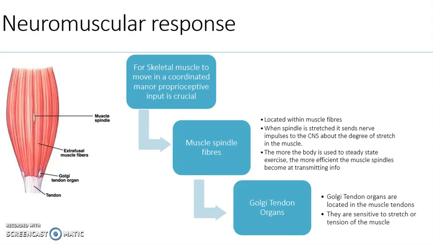On the other hand, the Golgi tendon organ is located where the skeletal muscle meets tendons. It is made up of strands of collagen, and it also contains